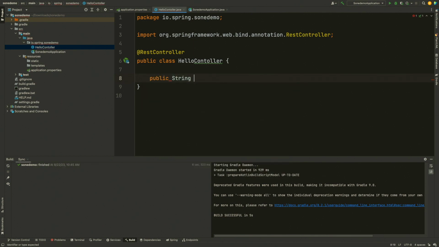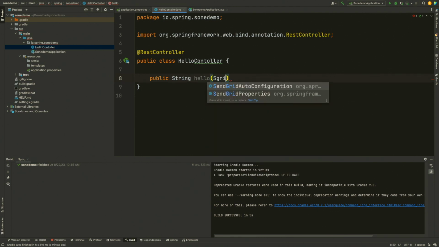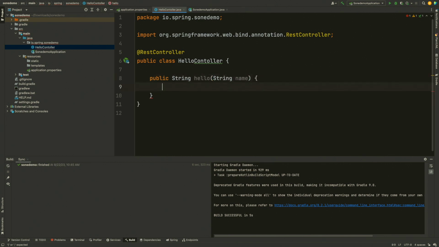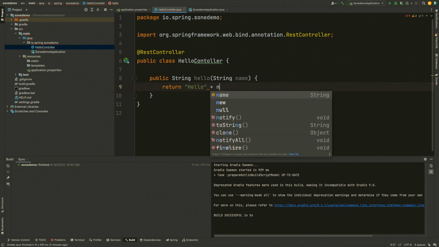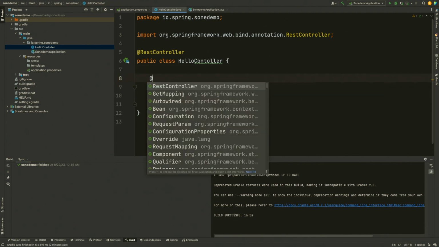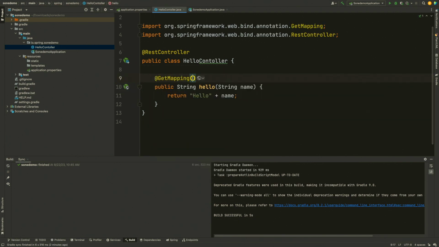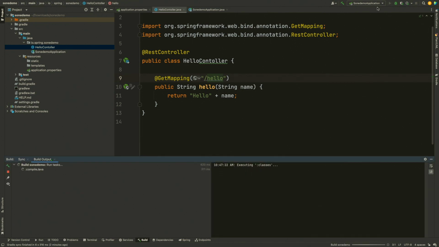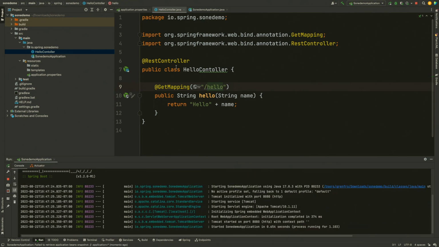Okay, string. And so we'll annotate this with REST controller. And so here for our method, any endpoint here will return a string, take a string as a parameter, and we'll just return hello and then the name. And to tell Spring that this is an endpoint that we need to hit, we have another annotation we can use, @GetMapping. And in here we can specify the URL that we'll hit to test this out. There we go. That's all we need to get started. We brought in the starters, just a simple controller class, and it should be good to go.